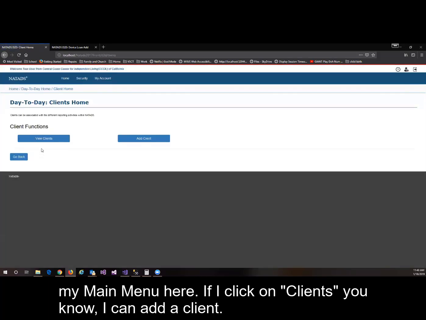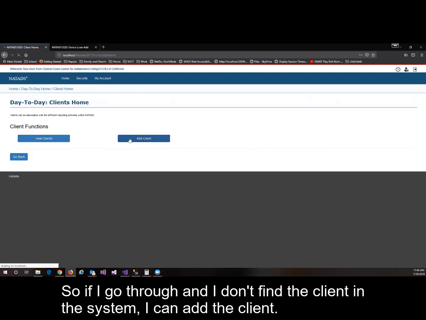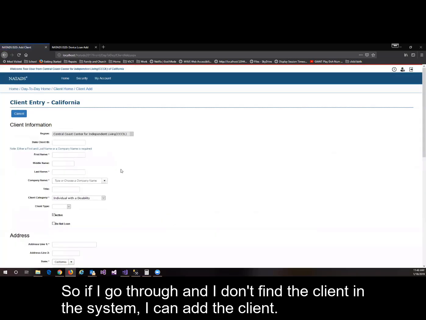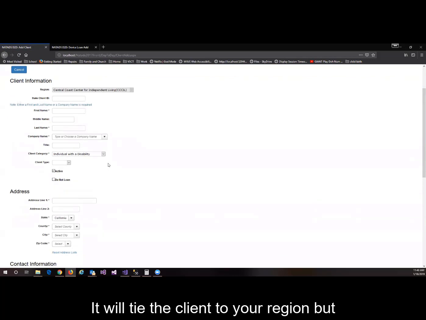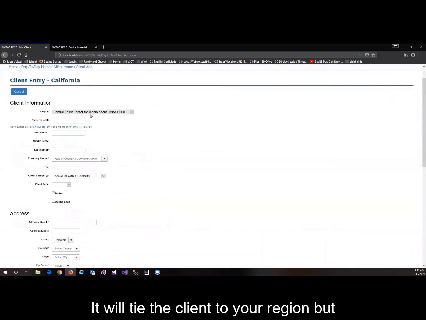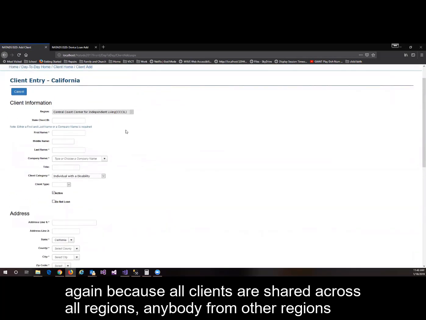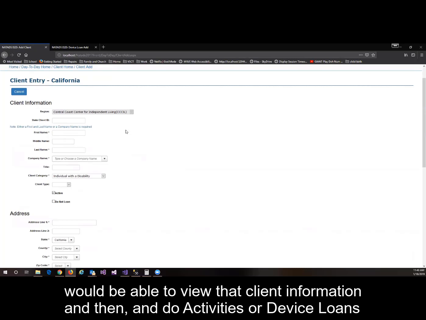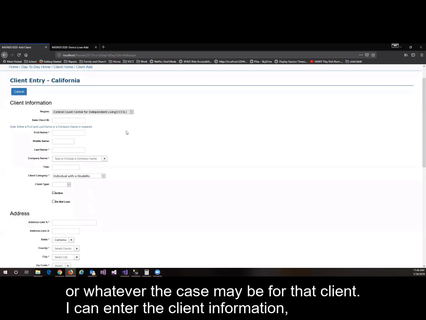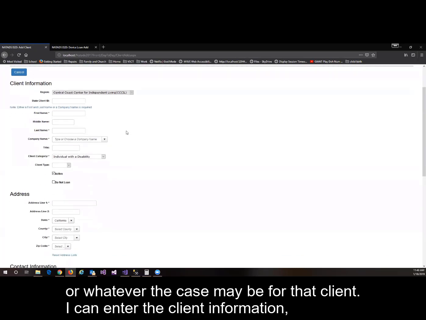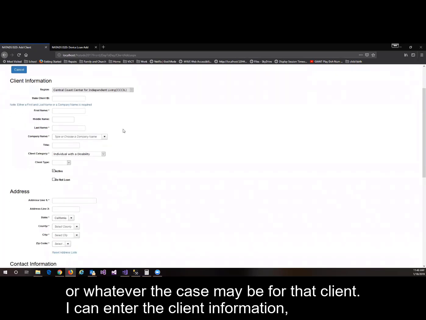If I click on clients, I can add a client. So if I go through and I don't find the client in the system, I can add the client. It will tie the client to your region, but again, because all clients are shared across all regions, anybody from other regions will be able to view that client information and do activities or device loans or whatever the case may be for that client. I can enter the client information,